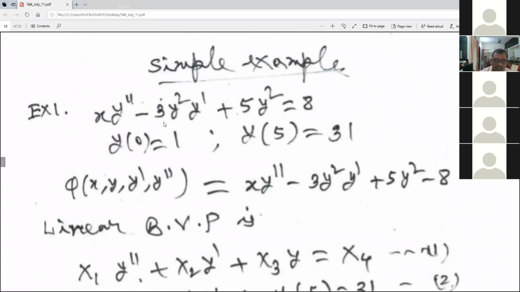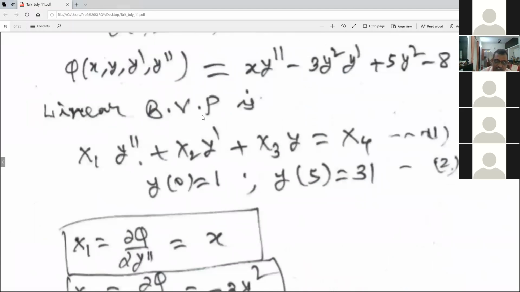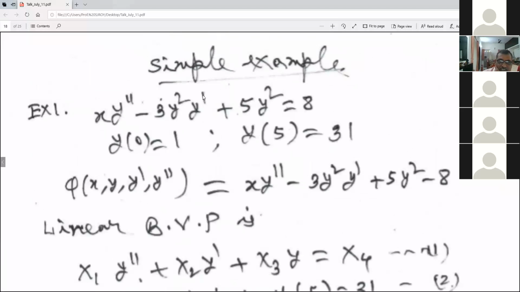This is one simple nonlinear ODE problem. It is not related to research. You can do it as practice for a teacher. For any nonlinear problem where you don't know any technique, learn this technique. This is a very easy Taylor series technique, and you can solve by computer or by hand, whatever you want. If you want, you take 0 to 1. What is the problem? You can take some other value, because you can have a 2-point value and then the number of equations may be less once you discretize. So this is the general thing I am telling: one nonlinear ODE, how to solve.